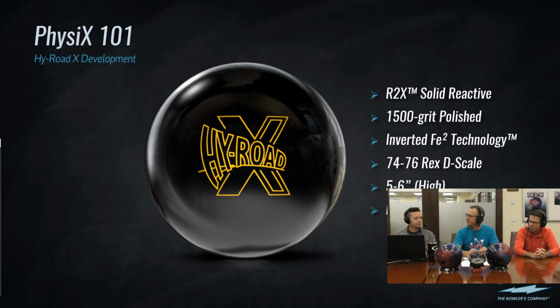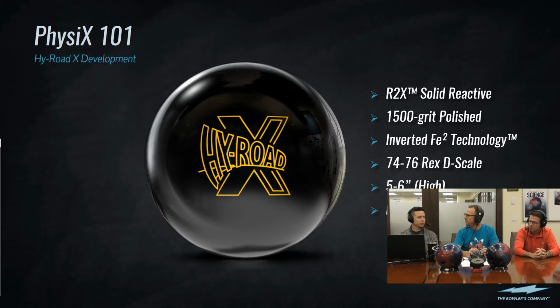Again, you threw it, and internally testing-wise, that's what we've seen. But it's definitely different. I would say it's a ball that's also really good with some surface changes. R2X adapts to that, so it's going to be a little bit stronger. All in all, you're not necessarily going to see a bigger jump, more flare. It's just a little shape change, but it's going to adhere to those players, especially the players going down the lane that like to control that shape.